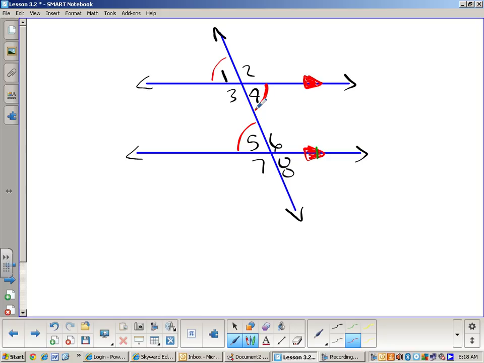These are two of the scenarios. These 3 theorems are scenarios where one book called them theorems and another one might call them postulates. I'm actually used to the alternate interior angles as being a theorem. I don't remember if this one called it a theorem or postulate. I think it's a theorem, but I'm not sure. The corresponding angles is a postulate in both books. Okay? And then the other